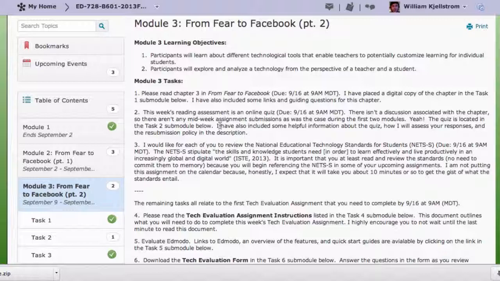The third thing that I'd like for you to do is to review the National Educational Technology Standards for Students, also known as the NETS-S. These NETs, as they're called, are very similar to the Common Core standards in that they stipulate the ways in which technology should be used in classroom environments. I just want you to be aware of it. I want you to know about them. I'm going to reference and ask you to reference them in future assignments,